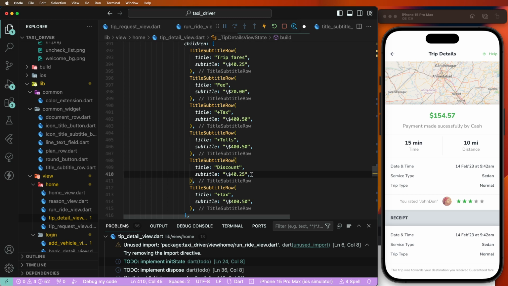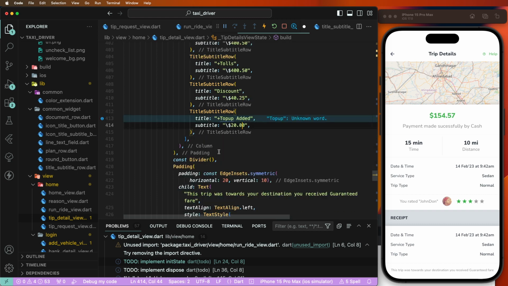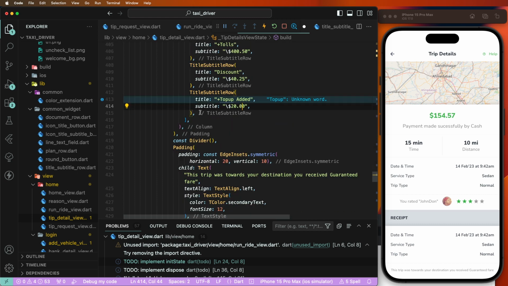Set the discounts and when top, 20 years. Also we need to create here